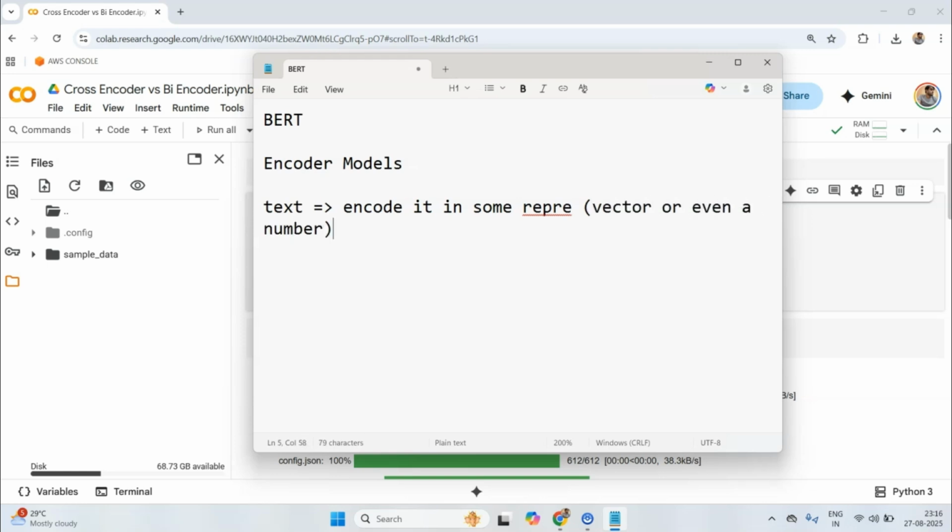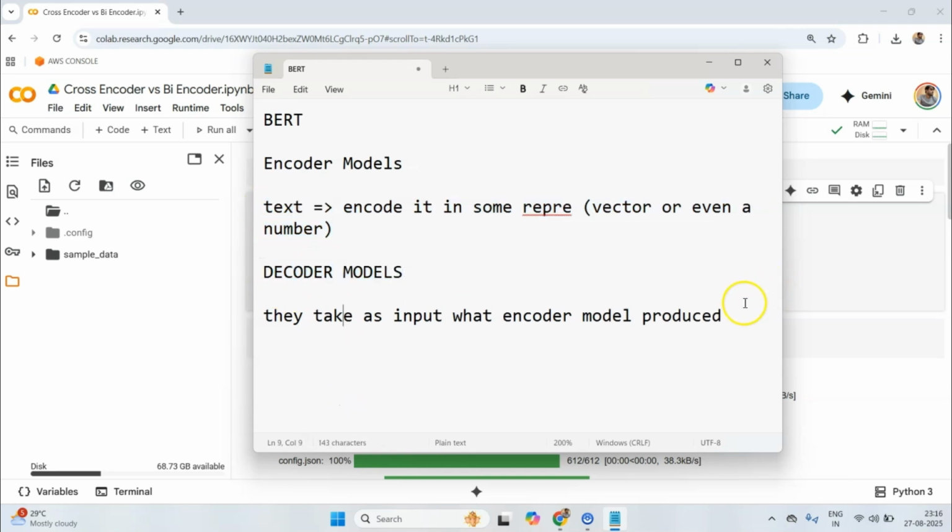And then there are some decoder models. What decoder models do is they take as input what the encoder model produced, and they try to decode the original input.